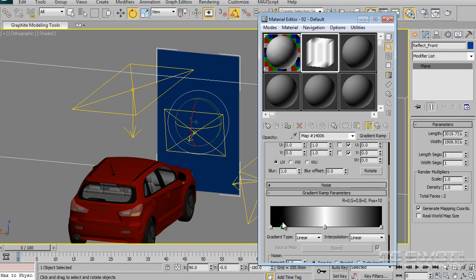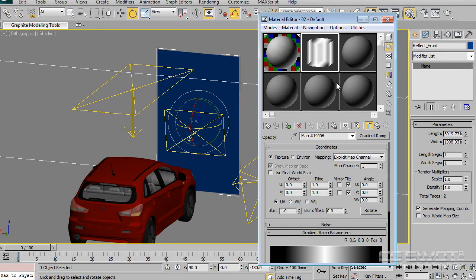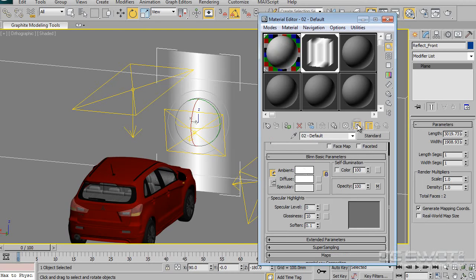You can click a new black one and just bring it up slightly, something like that, and that's going to give us a nice white solid line with a nice soft fall off to invisibility. You can see here that it's actually invisible, and we're going to click and drag that onto our reflector. We can show something like that, and we'll call this